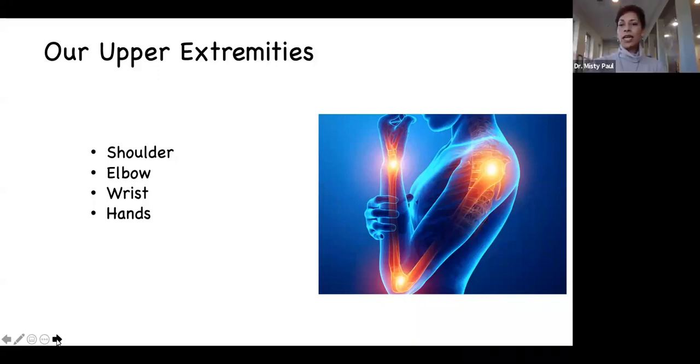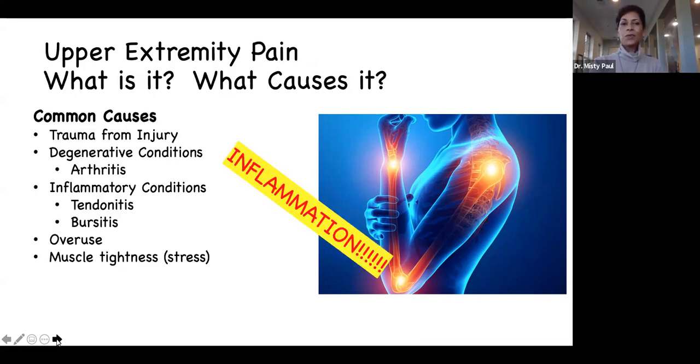Thanks, Meg. So today we're going to be discussing pain or soreness or stiffness in the shoulder, elbow, wrist, and hands. So next slide, common causes. Well, it's pretty easy to understand that you might have suffered an injury, and it's trauma that brings you in here and lets us know that you're having the stiffness and pain from that injury. A common injury that we're seeing of late is some people having too many things in their hands and falling down stairs. So please be careful. Take more than one trip up and down stairs.